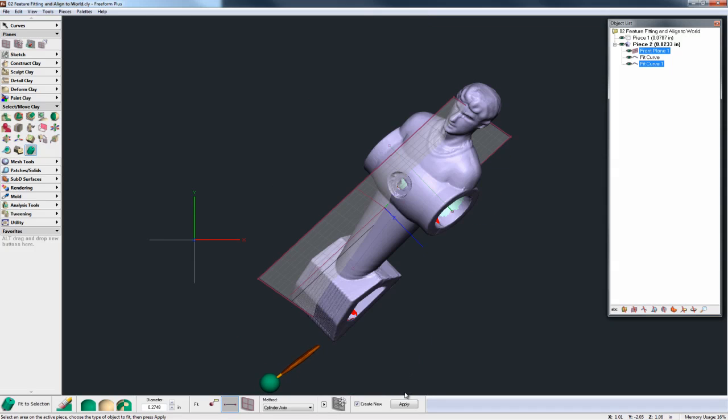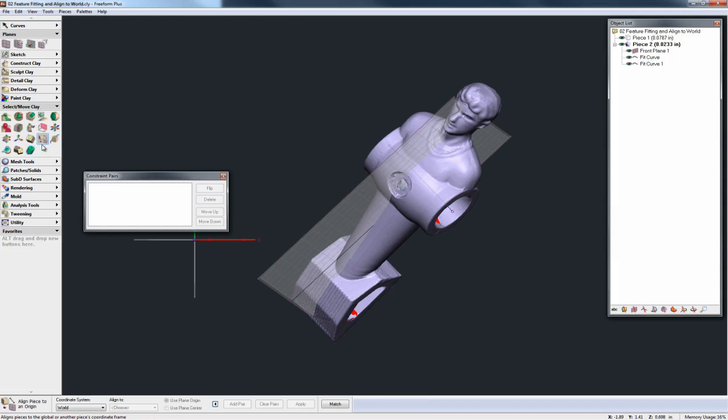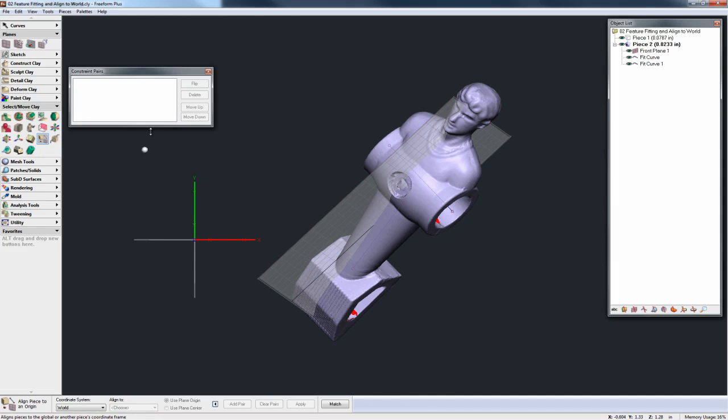Let's hit F2 and go back to our front view. You can see that the orientation of this scan is still at some random orientation and position compared to the global coordinate system. So my last step is using these features I've just fitted to realign this back down to global. So I use the align piece to an origin command, and what I'm going to be doing is creating